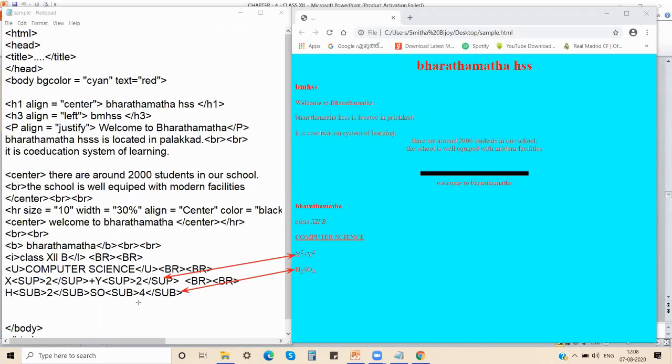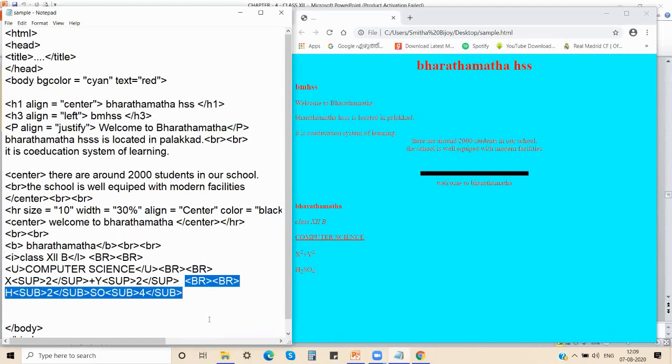The next one thing I'll tell and I'll wind up. You can also nest the tags. Nesting means what? Placing one tag inside another tag is known as nesting of your tags. I'll just show you one example and then we'll wind up. So here H2SO4, you have seen this effect over here. The same thing, one minute, I'll show you with a slightly different effect.